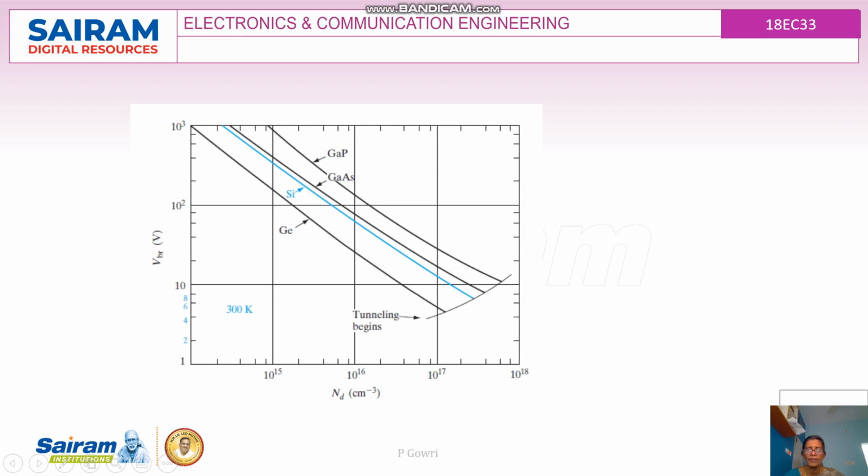So in this graph, we can see how the breakdown occurs. We can see here the lower breakdown voltages, which depend on the doping. If the doping is very high, the tunneling process will take place. If the doping is very low, then we can expect an avalanche breakdown. The variation of breakdown voltage with respect to the doping for different materials is given in this case. So this completes the